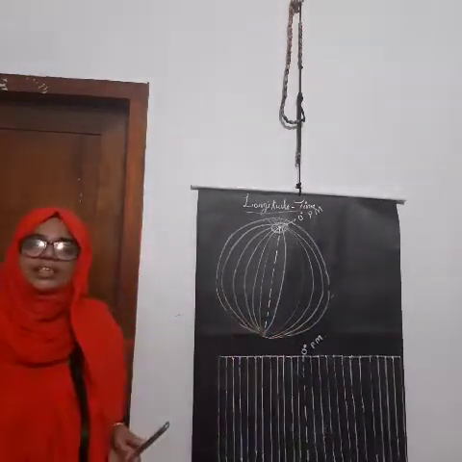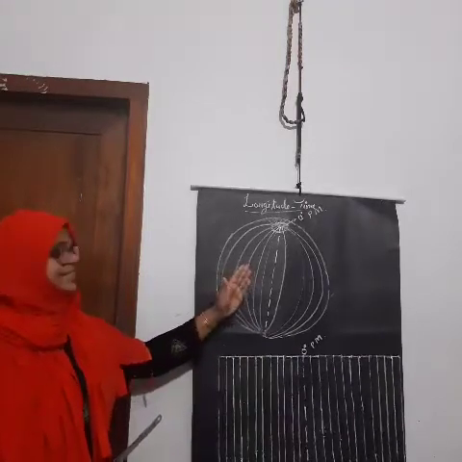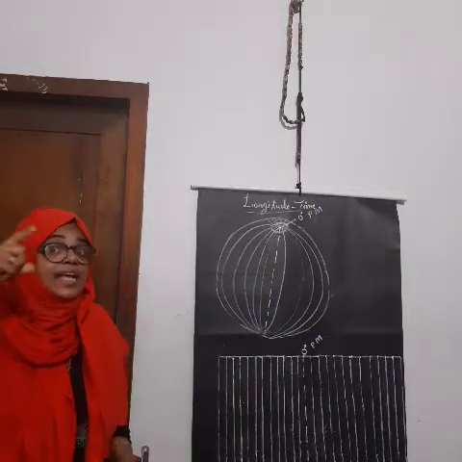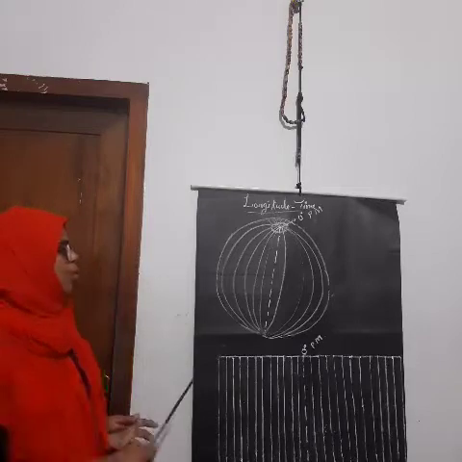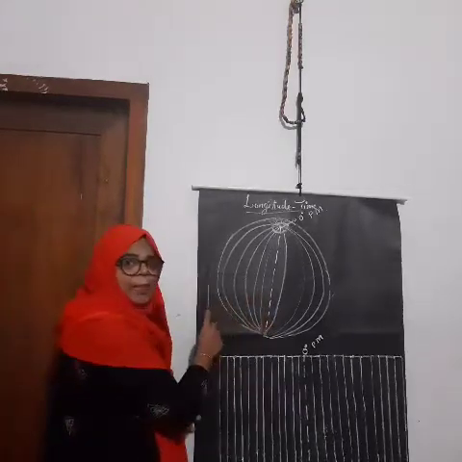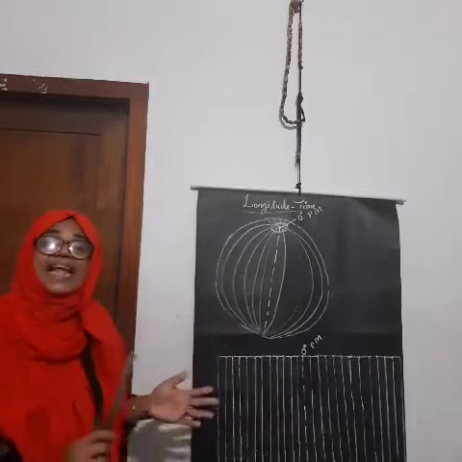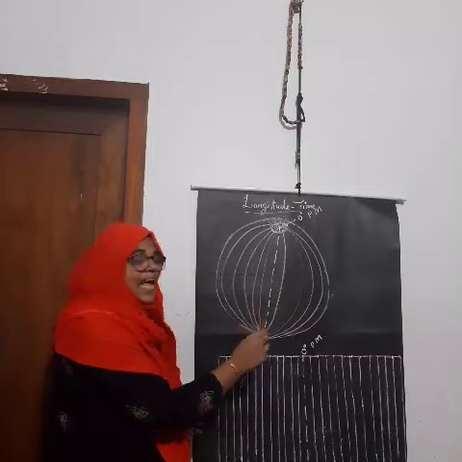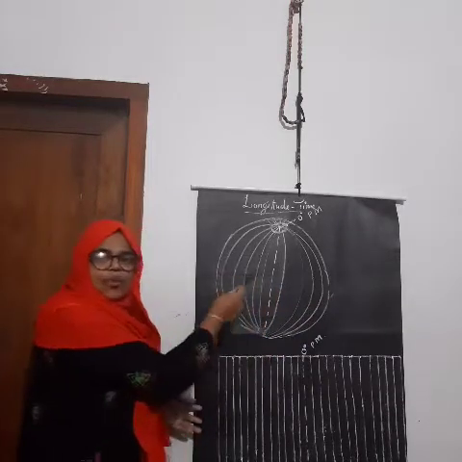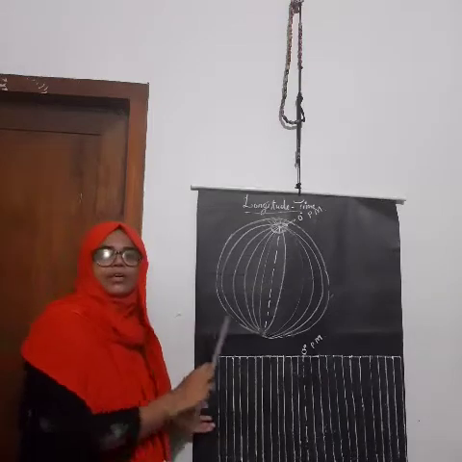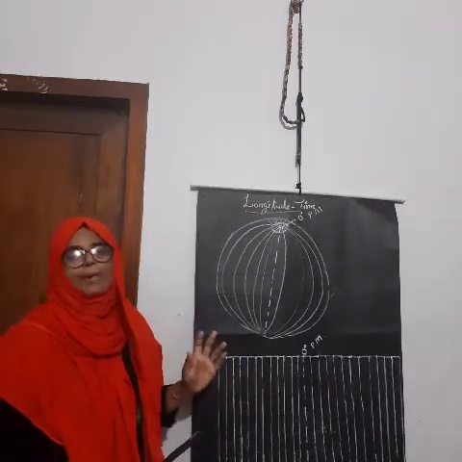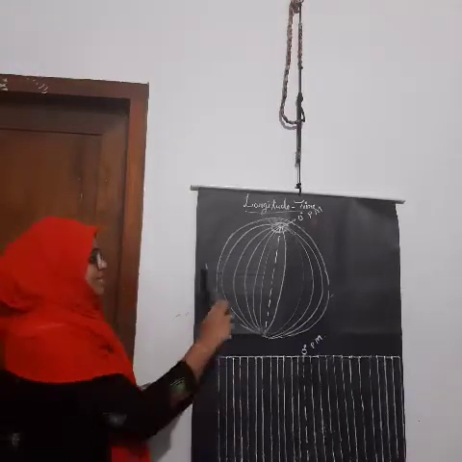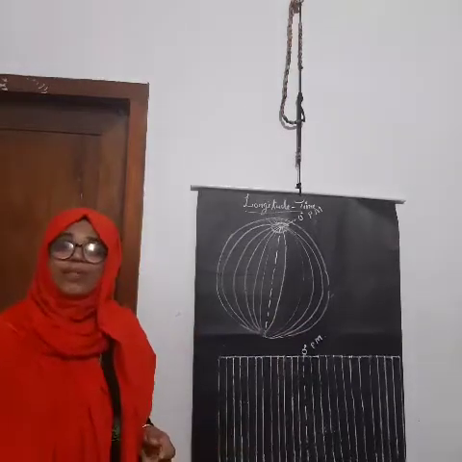These two directions are discussed on the basis of this middle meridian, prime meridian with 0 degree longitude. All the places on the eastern part, this right side, are marked as E. And all the regions, all the areas in the western part are called W or marked with W.